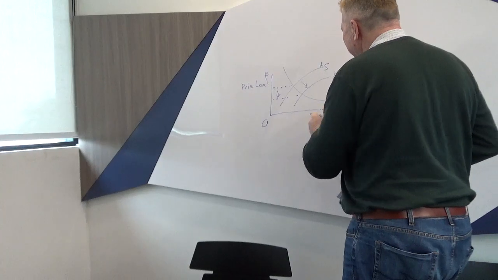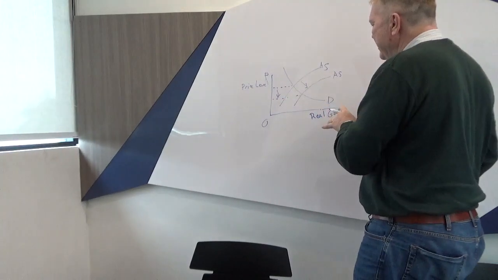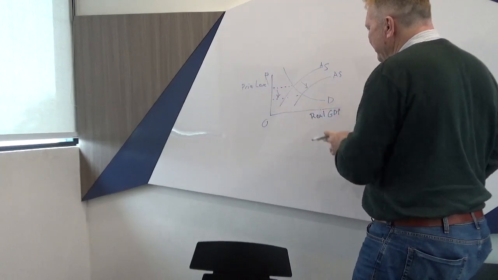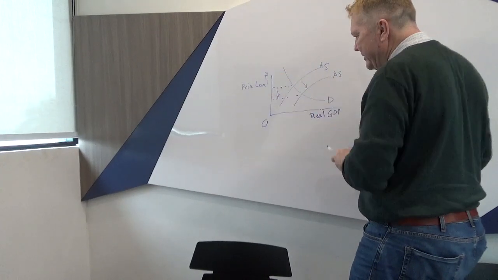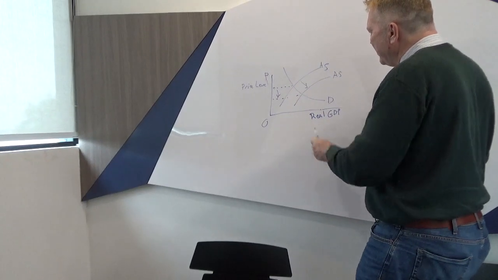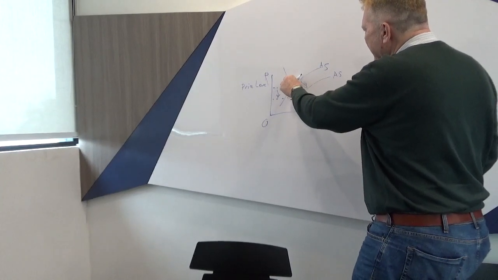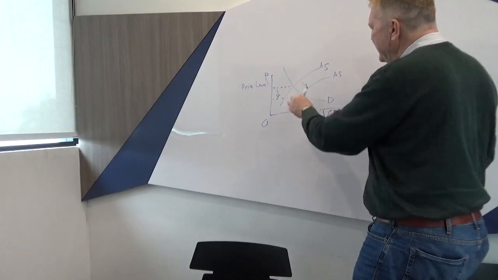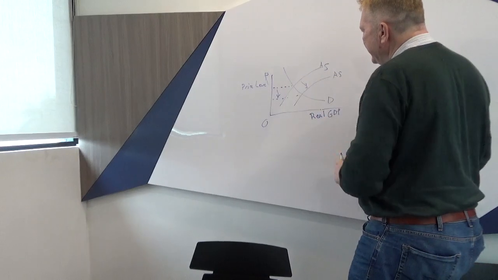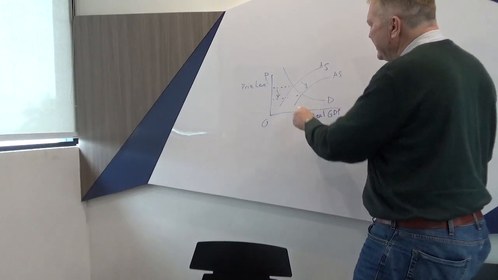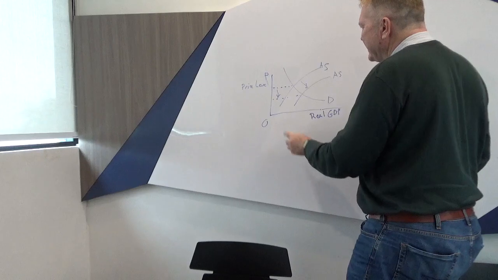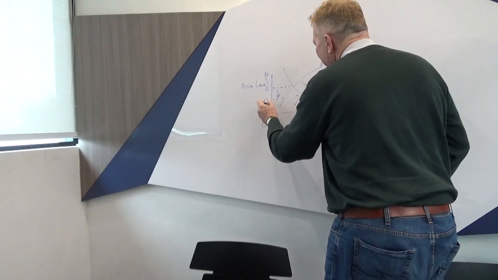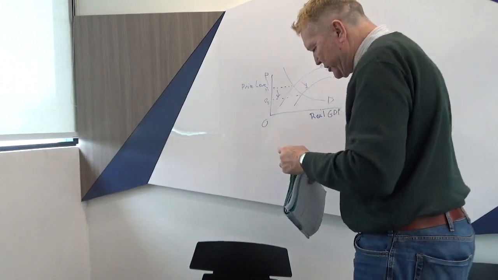Basically, for a macro question, you always have to draw it with the price level and the real GDP, not the P and the Q, which is more for the micro. But what you can see is that we are now importing beef into Vietnam. This is going to cause a shift in the aggregate supply curve. This therefore will push the price down from P1 to P2, and clearly this is going to create a problem